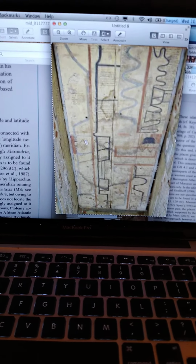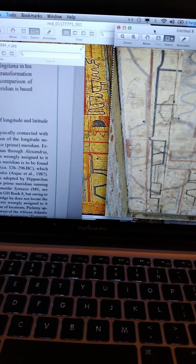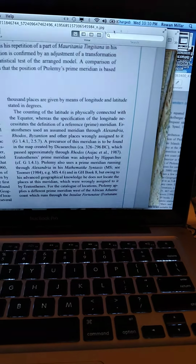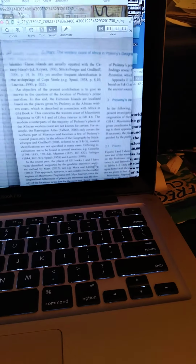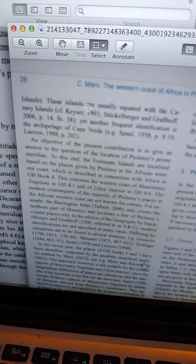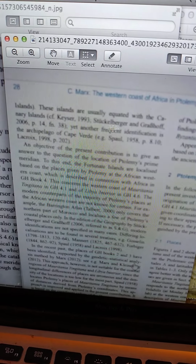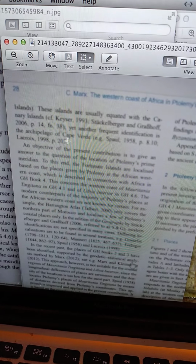But yeah, I think that when he's saying that there's 180 degrees between the Sinai and the islands of the Blessed, that basically gives it away. Like, yeah, it says here, these islands are usually equated with the Canary Islands. Yet another frequent identification is the archipelago of